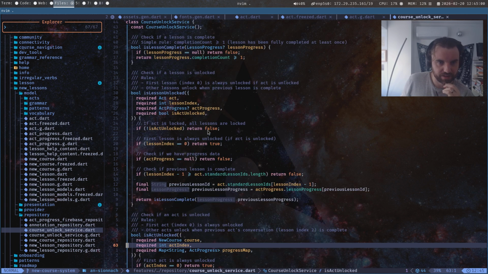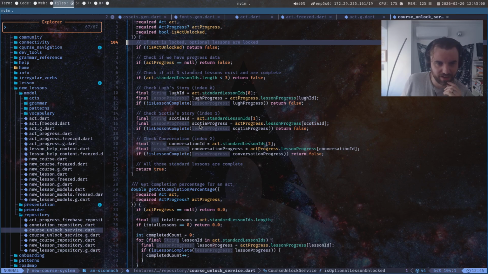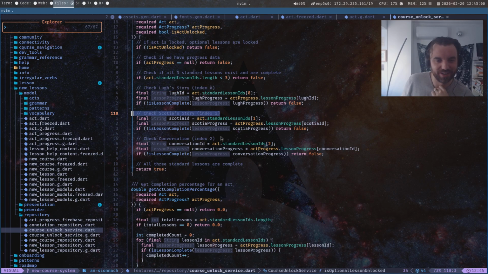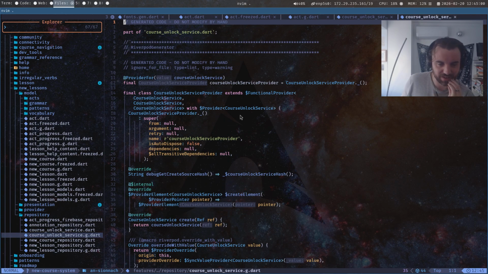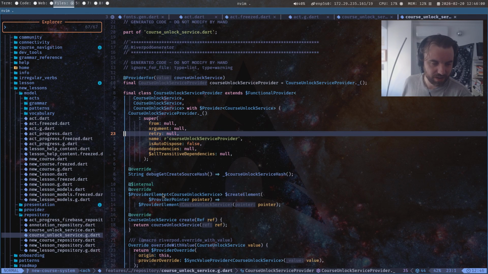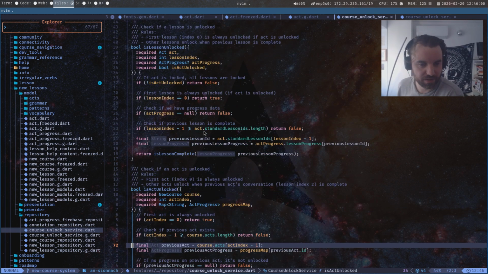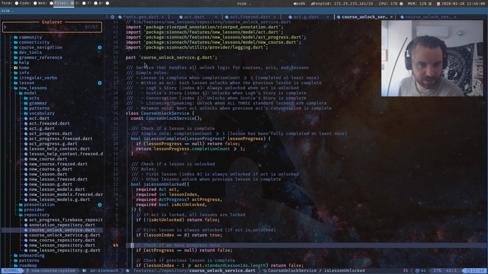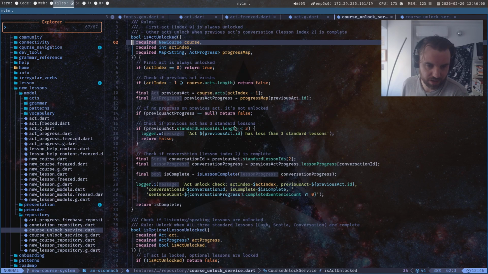And then from here, again, you're writing the code and typing out stuff, trying to figure it all out. You're putting in some notes, maybe I can name the variables better. And then you come down here and it generates all of this. Do not modify by hand. This is by the generator. So this isn't that bad. But if there's a bug in here, you have to trace it back to here, and you're just removed from it. I think this stuff here, you can see this is when, if you remember before Christmas, if you used the app, a release broke all of the progression, and that was in here.